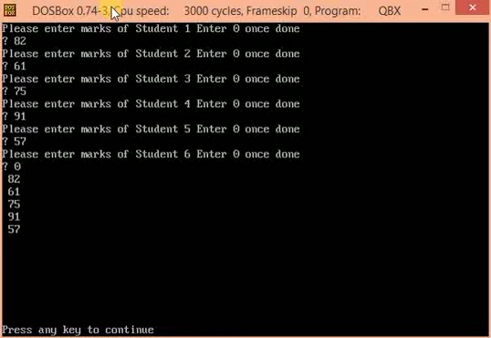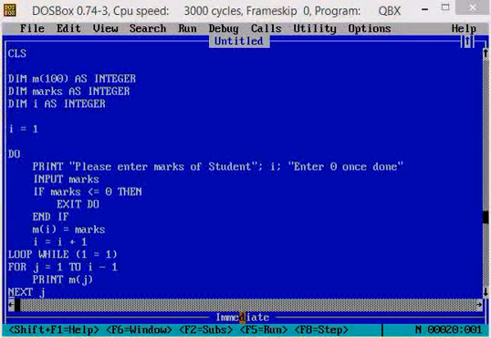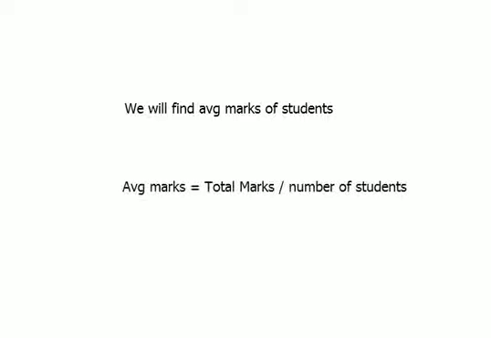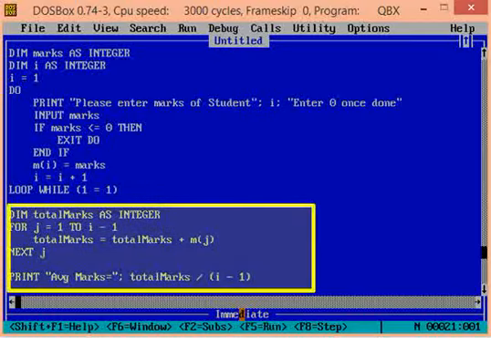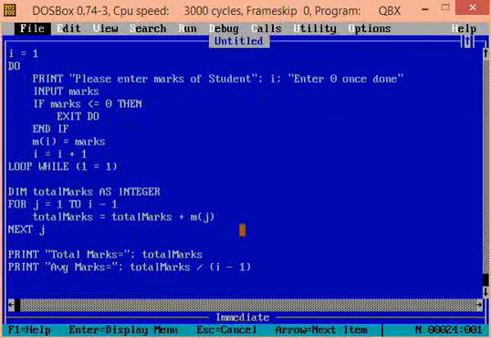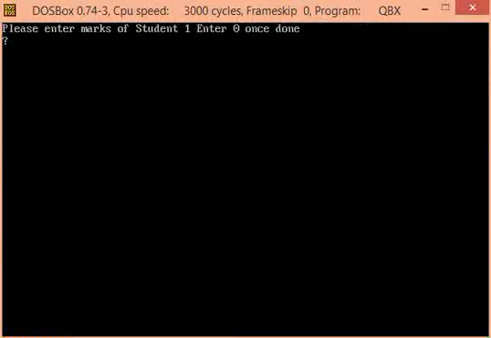Now, let us add one small feature to this program. We will demonstrate how to use this array variable M. Let's say we want to find the average marks of students. The formula for average is total marks divided by the number of students. Let us write the code. Let's run the program.